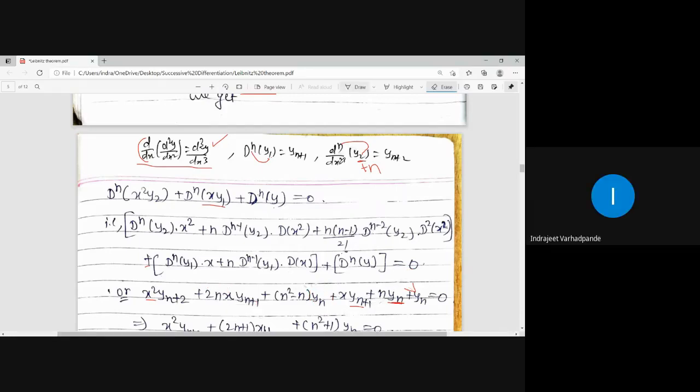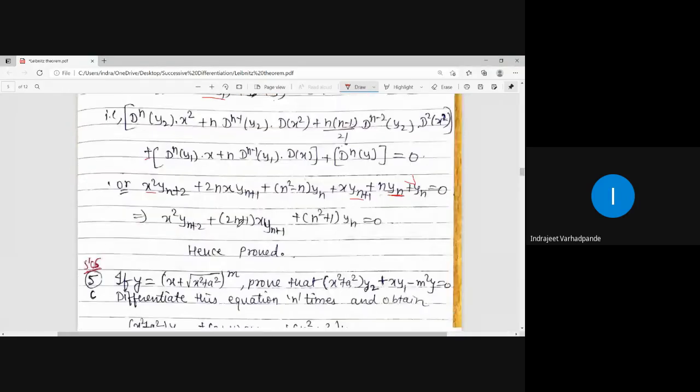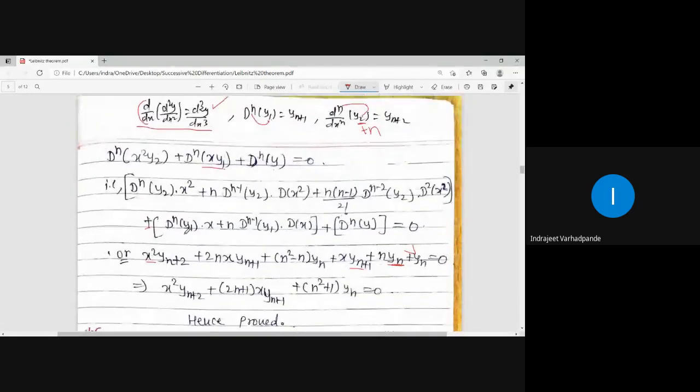Now collect the like terms. See, usually the pattern of the solution is more or less the same in all kinds of examples, right? Once you get the equation, here it will be x square into yn plus 2 plus 2nx yn plus 1. n into n minus 1 is n square minus n. This 2 is getting cancelled with the derivative of x square, which is 2x, into yn plus 1, n yn plus yn. n yn and this n yn cancel, x yn plus 1 and this are collected together. I think it is the same as the previous one. The result of this and the result of the previous one are the same. Yes, sir.